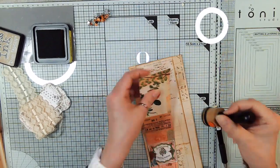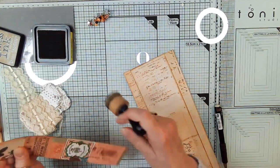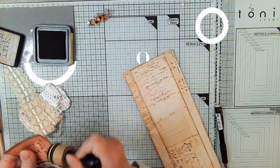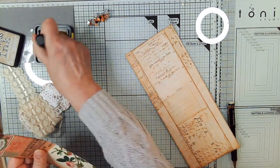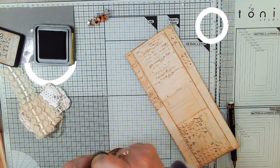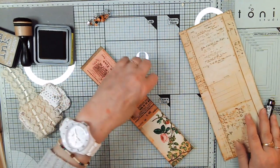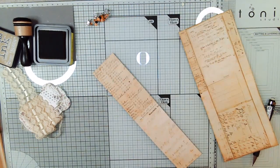I'm going to ink this. These pieces are so big, I realize it takes a minute to ink them, but once again, you can't ink them until you get it cut. This is also directional. Now, this one,